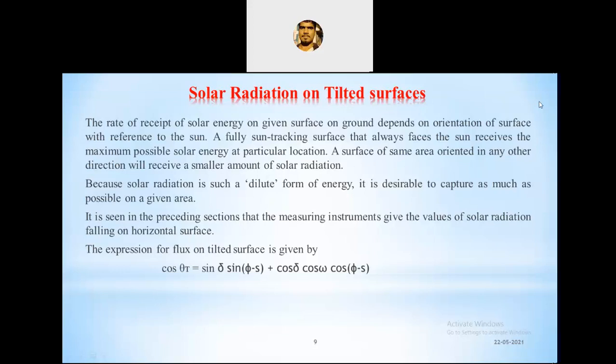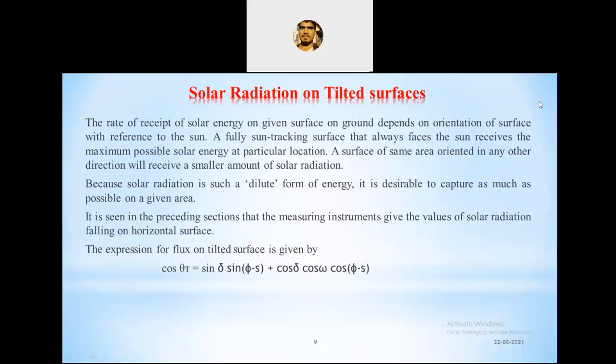Clear? Because the sun is moving from east to west. So in this case, gamma is equal to 0. If the inclination of the surface is towards the south, then gamma is equal to 0, and we have to use this equation: cos theta t, which is equal to sine